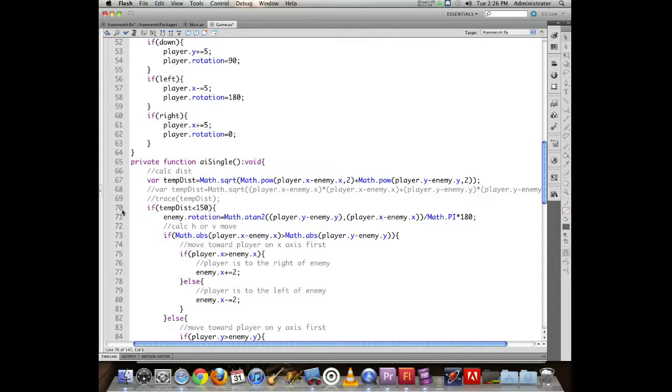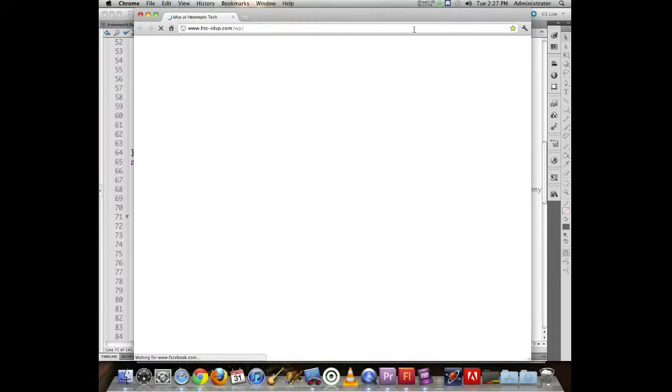Now, if the absolute difference between my player and my enemy, if that distance is less than 150, I'm turning my enemy towards my player by modifying its rotation using arctangent 2. Now this formula here, you can commit it to memory, or you can do what I did when I was building the example, and I went into my web browser and then I typed in